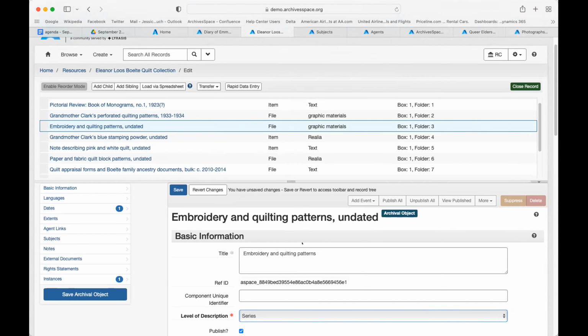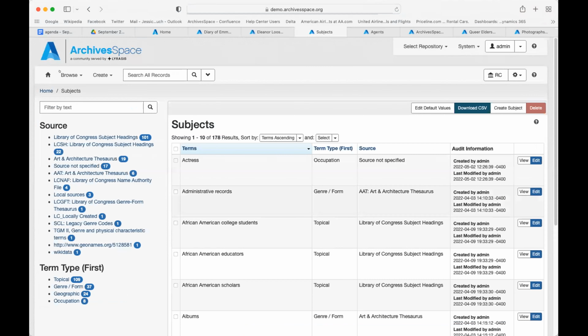There's a lot. All right, so I'm going to move over very quickly to talk about subjects. So this is just the browse screen for subjects. Subject records are used to control information about exactly what you know, topics, geographic terms, genre, occupations, functions, and they're there to facilitate discovery of materials by linking them together. So the main thing to take away about subjects is that you only need to create